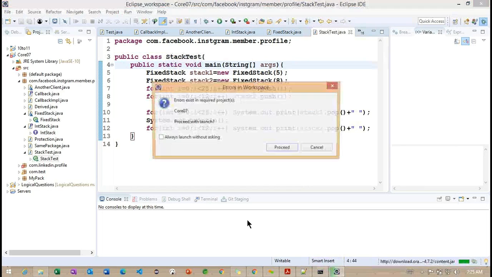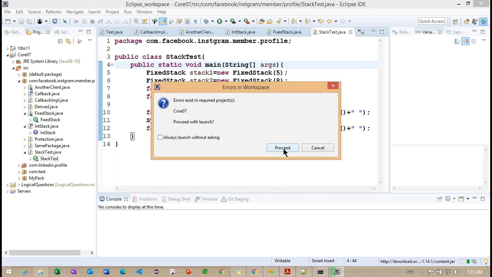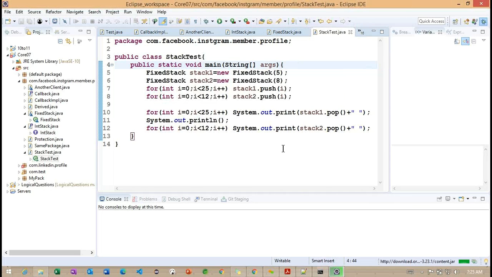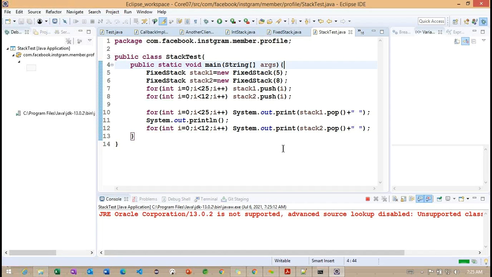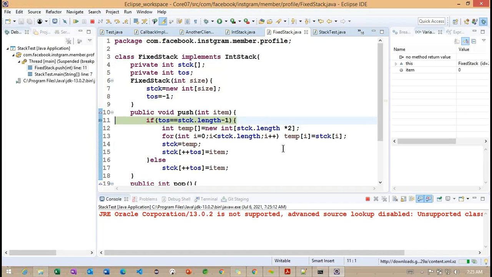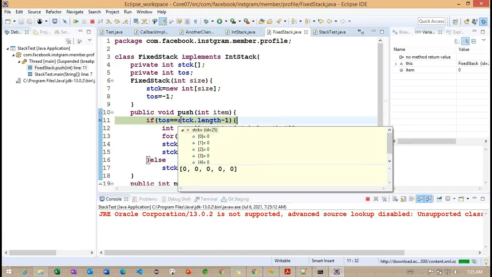So debug as a Java application. Getting the point.